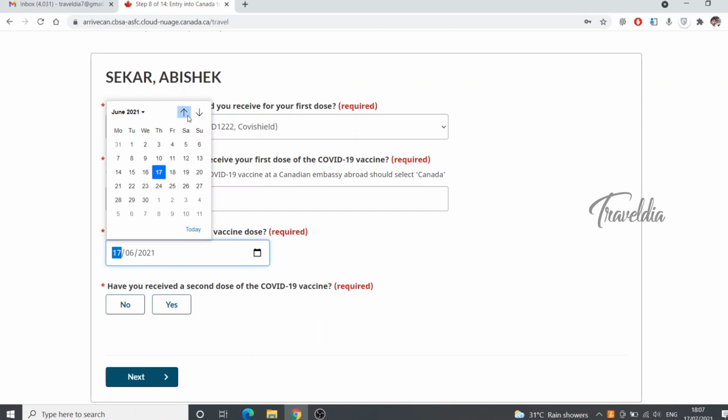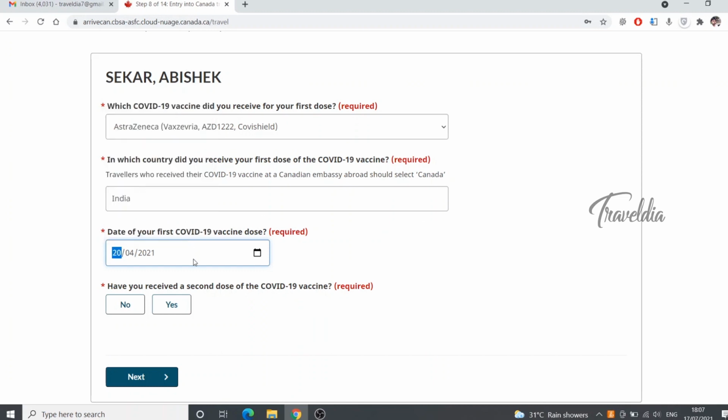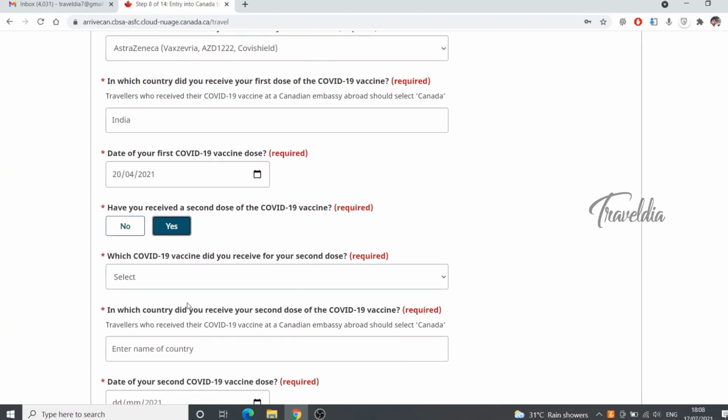I took it on April 20th. In case you have received the second dose, fill that in. If you haven't taken it, no issues, you can fill in no. I have taken the second dose.